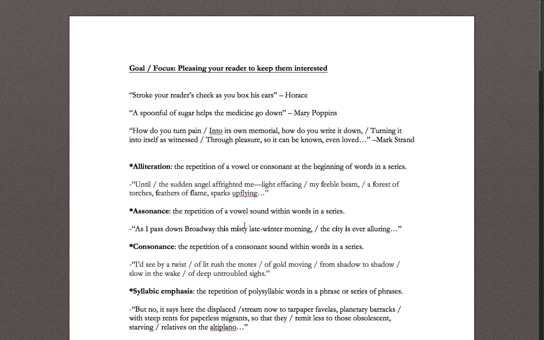Now assonance is much more subtle than alliteration. That one jumps out to us with feeble, forest, feathers, and flame. This one is a little bit trickier. It's less registered by our minds as a reader, even though our ear notices it. And so part of learning to pay attention to the language is to pay closer attention to what your ear is noticing. I'll come back to this example in a minute because it also has some other sound devices in it, but we just looked at this for assonance.